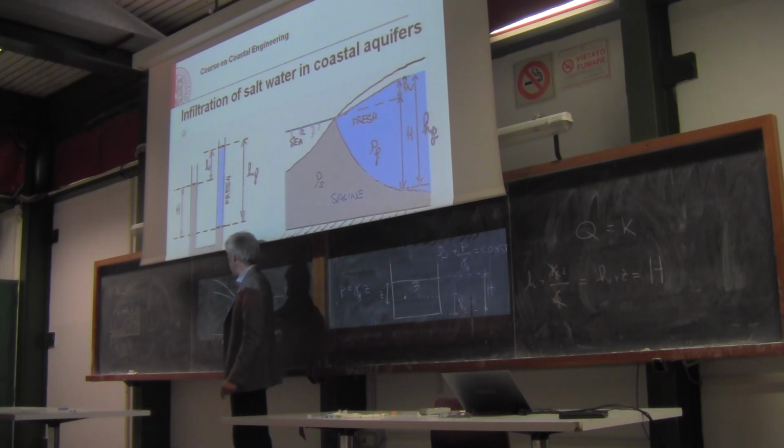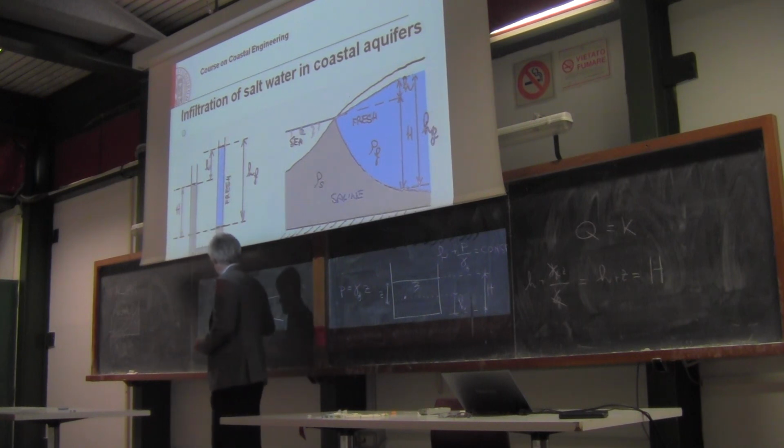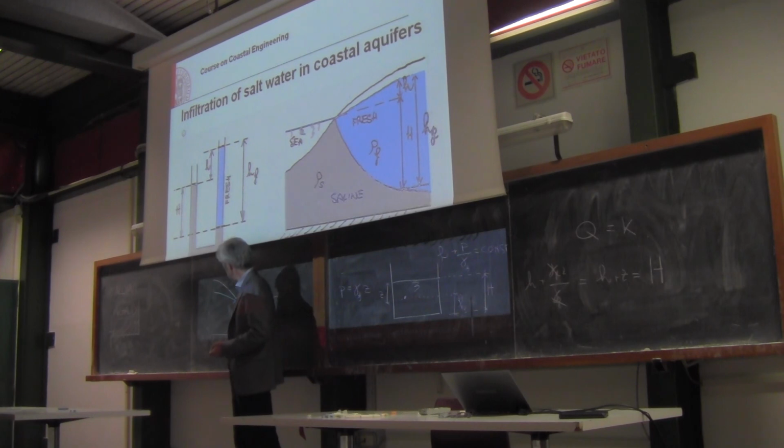And then you may say, yeah, but then this particle is not in equilibrium because the height of fresh water is higher than the height of salt water. And my reply is no, because salt water is heavier. So this is why, to keep this particle in equilibrium, you need a higher elevation of fresh water with respect to the elevation of salt water. So what happens if for some reason you decrease